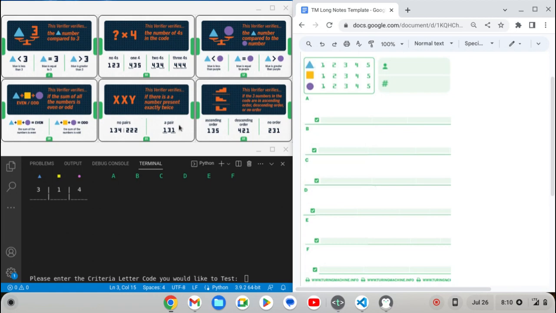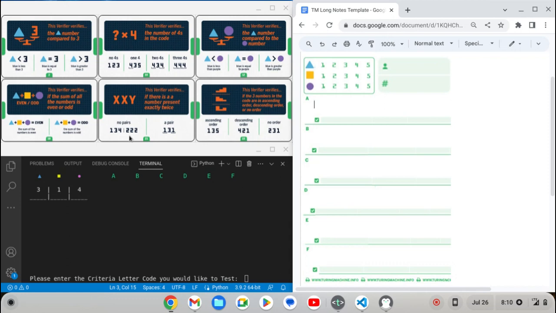Specifically, is there a pair in the solution, as in the example 131? Or perhaps it could be the alternative, no pairs, but there are 2 scenarios: one where all the digits are different, as in the example 134,